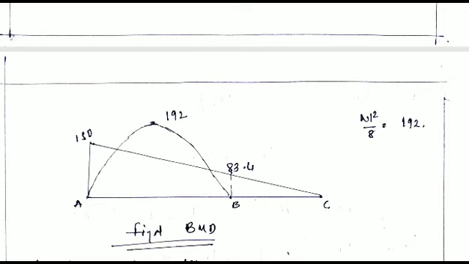The bending moment at the midspan of member AB will be given for the external load, that is the UDL given. That formula will be WL square by 8. W is 24, L is 8, WL square by 8 becomes 192 kilonewton meter, which will be a parabolic portion. We can see we have drawn a parabolic curve from A to B. 192 is the midspan moment between AB. So whenever we design the beam for midspan, we take the moment as 192. At the end span we take 150 at joint A. When we design at joint B, it will be 83. This is how the bending moment diagram is drawn and how it is used for design purposes.